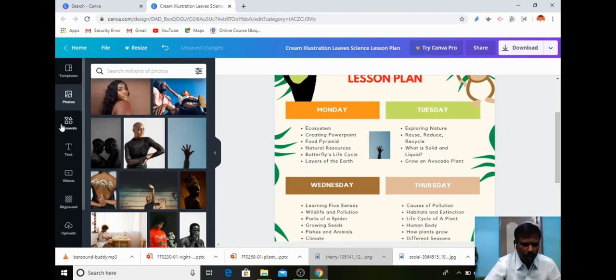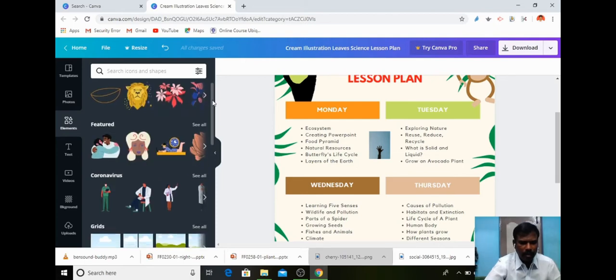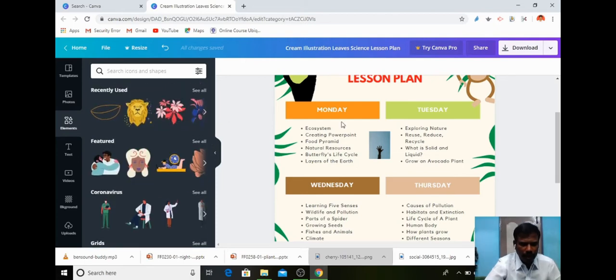And the third one is elements. We have a lot of elements to enhance our materials. Here are recently used elements. For example, I want to use this lion face image.